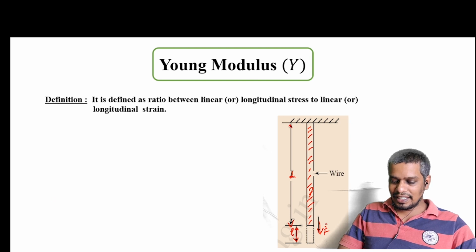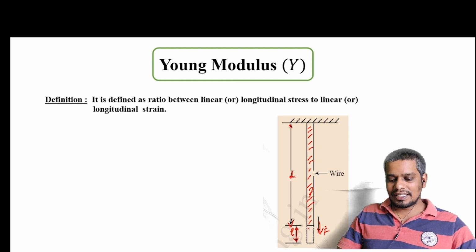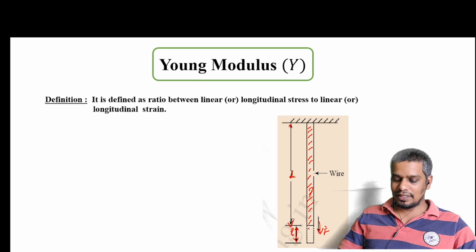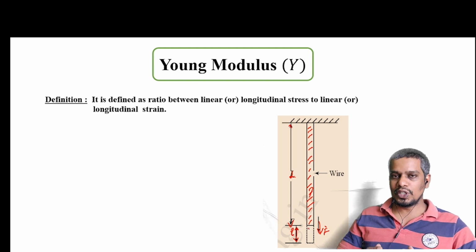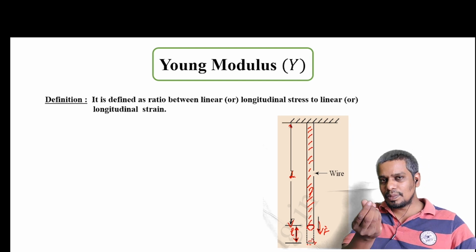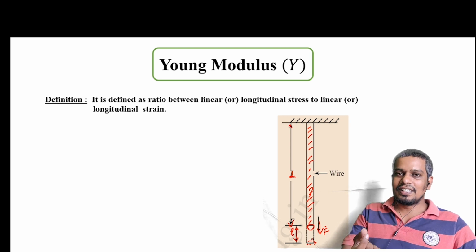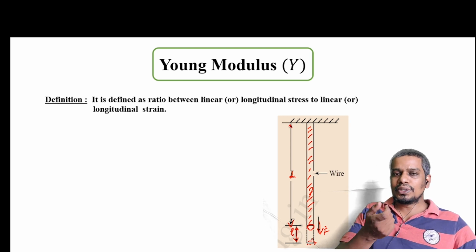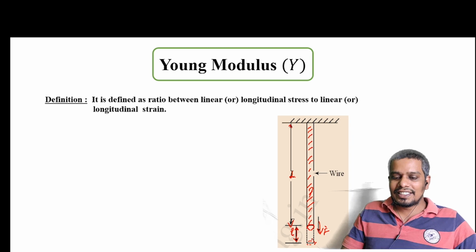We give the force, but in general in elasticity we are not talking about the force. We are talking about the stress, the force per unit area. Where is the area here? Suppose we consider this wire to be a circular wire with a cross-sectional area at the bottom. So we are pulling the bottom surface by applying force per unit area. Here it acts as a stress.